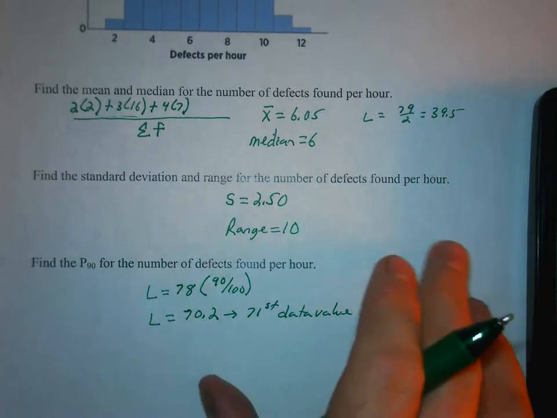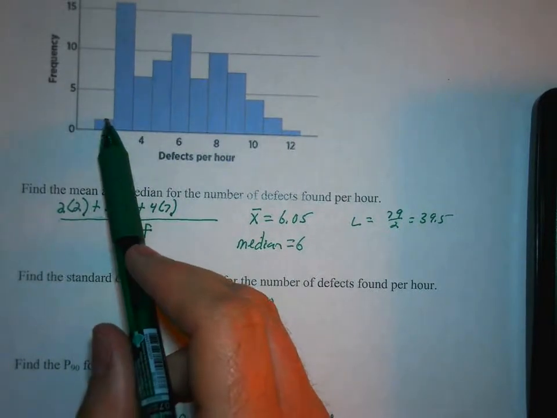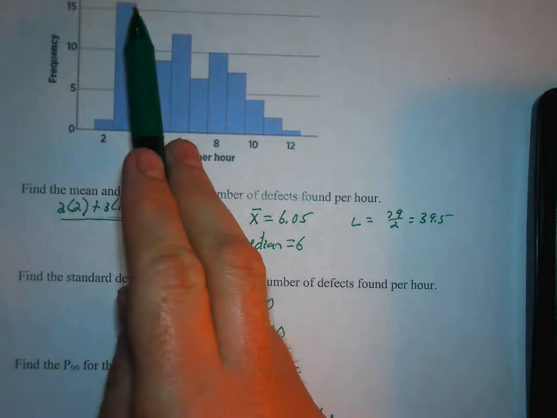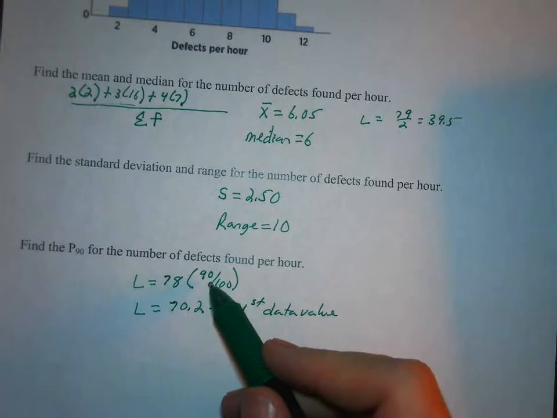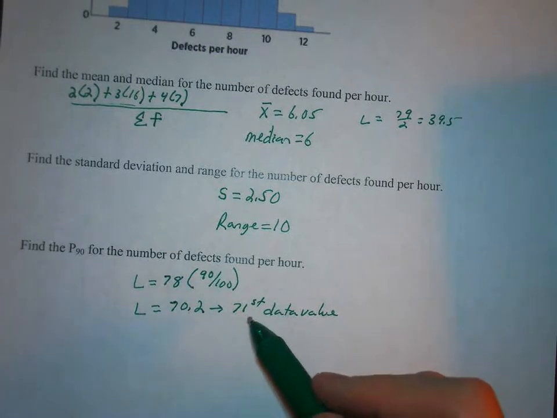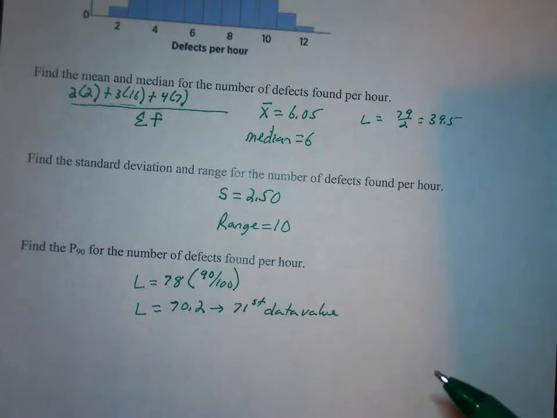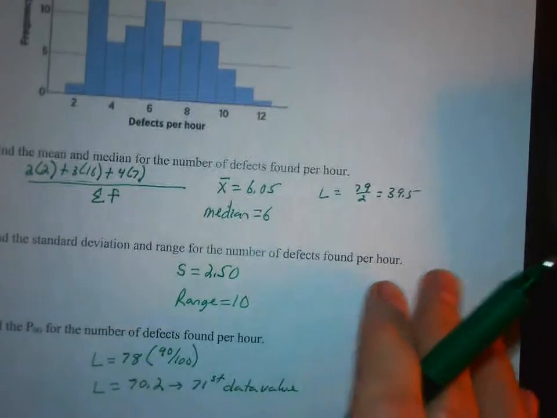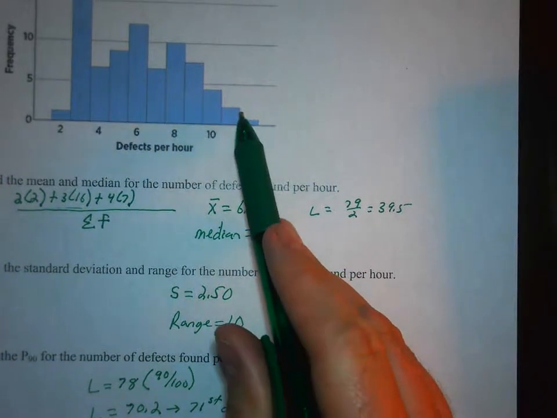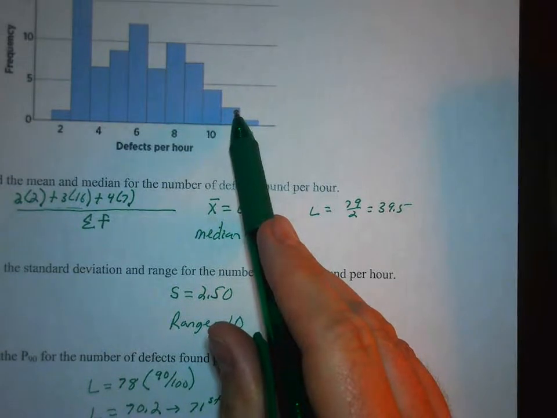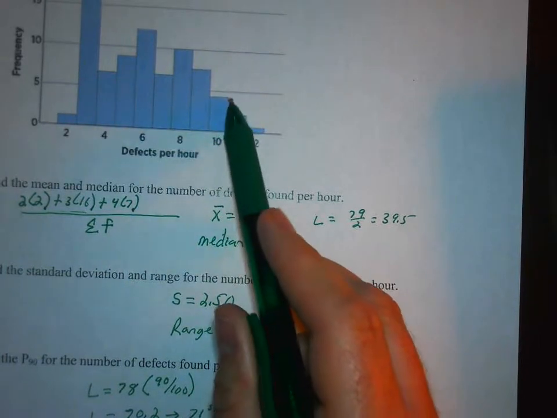So if you count 71 data values into the list, you can start on the left end and say, okay, we have 2 here, then 16 here is a total of 18, and keep on counting. Or, if we're 90% of the way through the data, we can go 7 data values, because we had 78 total. We have to get to the 71st data value, so we can backtrack 7 from the right end. So if you backtrack 7, there's backtracking 1, and then 3 more is about 4, and then 7 backwards from the right end would end up in the